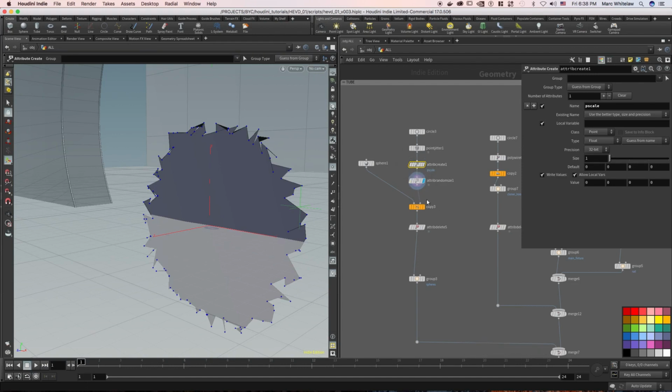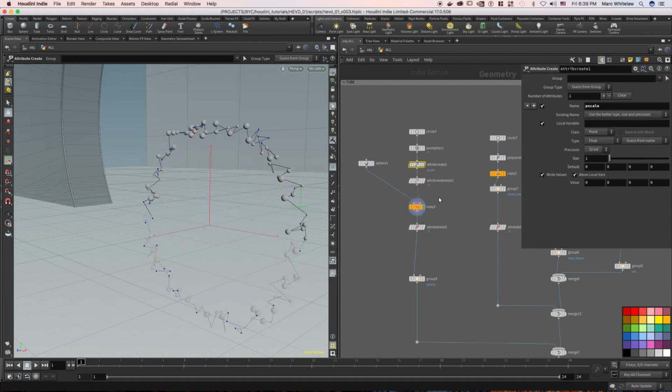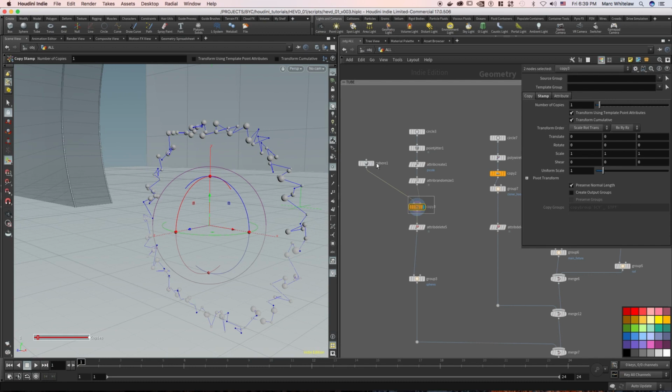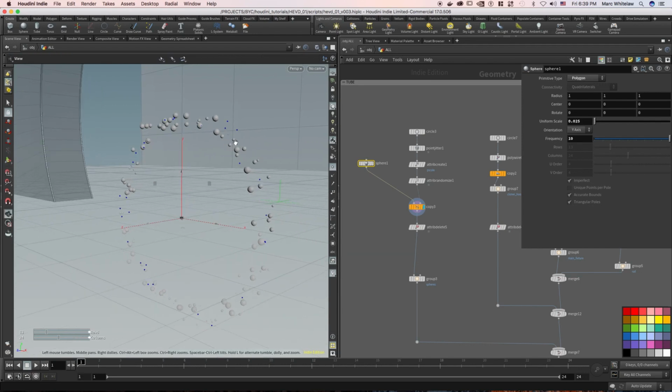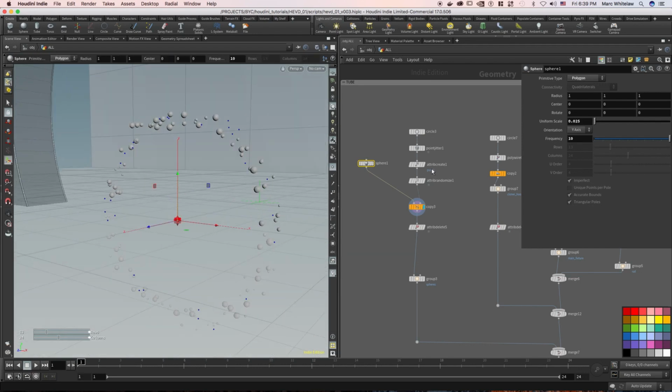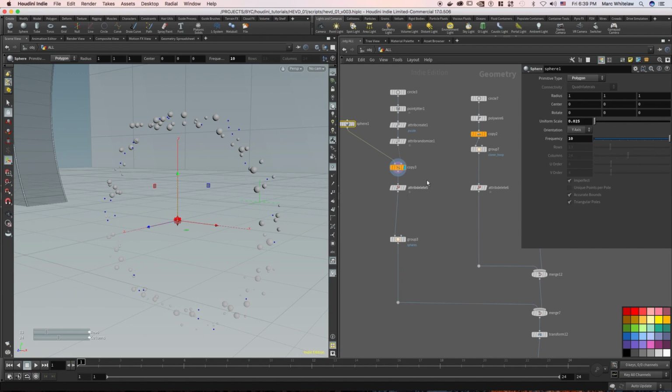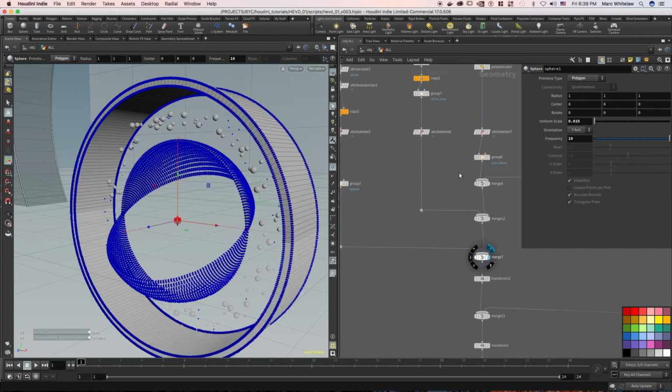So going into the copy stamp, we just took a little sphere down at the origin there, and then we are copying this sphere to each of these points and the spheres change size because we randomized the p-scale or point scale. Same thing, deleted the UVs, grouped them, and then we merged them down here. So now we have this,